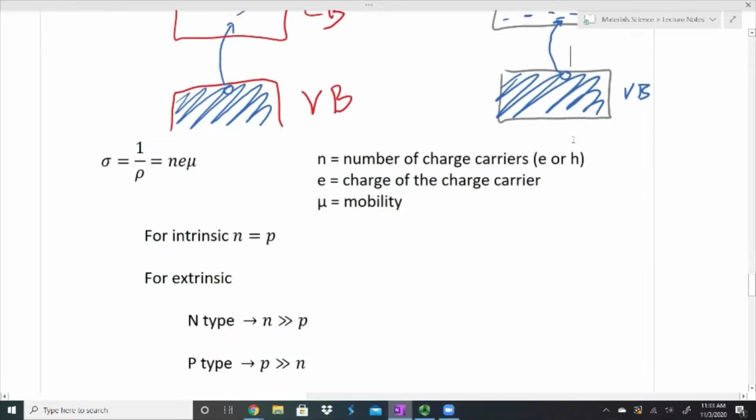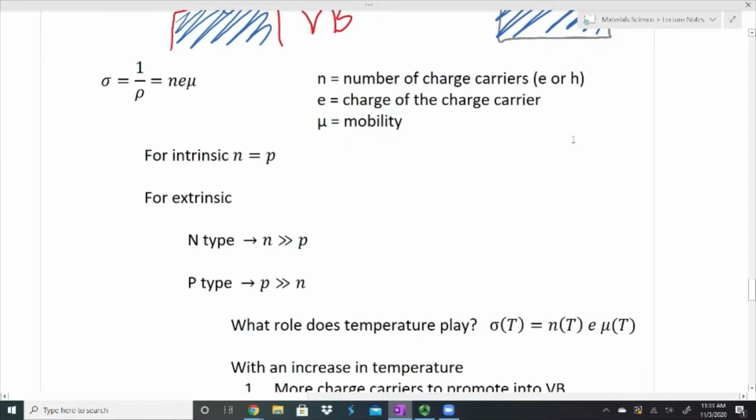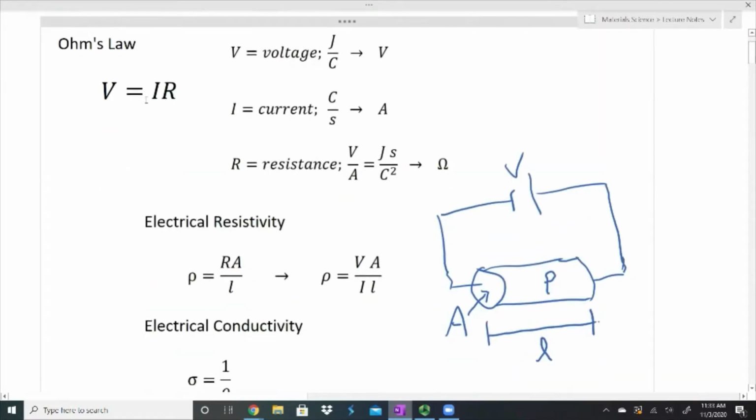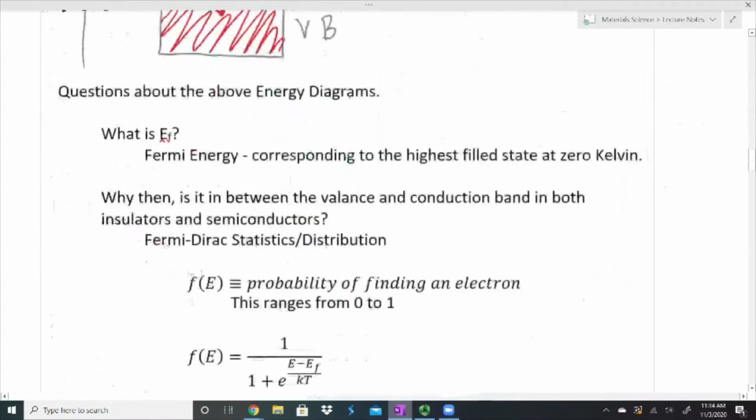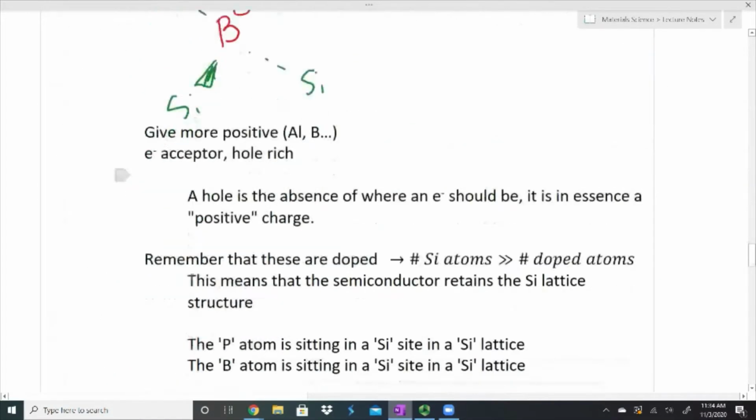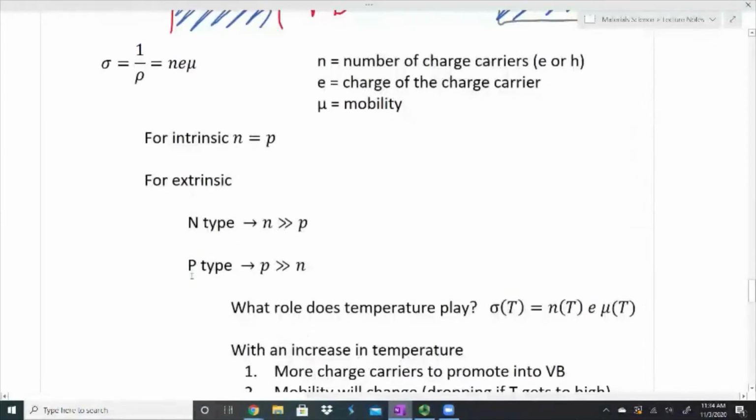but you'd see that in this case, I have way more negative charges than holes or positive charges. So what we want to look at here is we want to jump way back to what we talked about at the beginning. We talked about Ohm's Law, and we broke Ohm's Law down into our resistivity and our conductivity. And we want to talk about what those are. So if I scroll up to the top really quickly, we have Ohm's Law that uses resistance. We said that resistance actually has resistivity in it, which is a material property. And so we're going to talk about